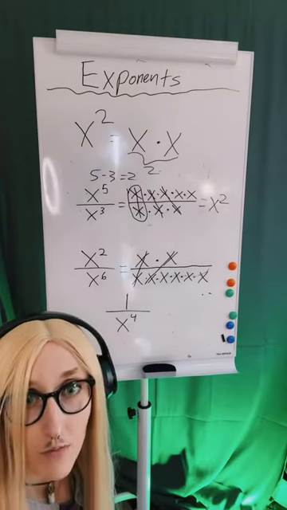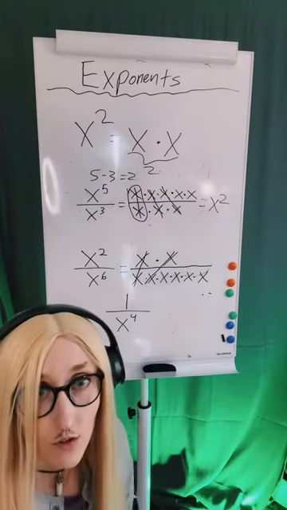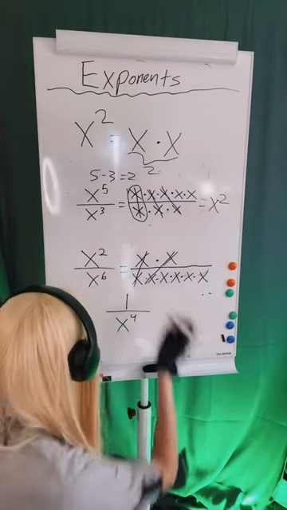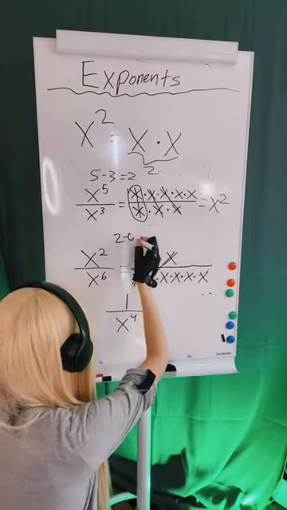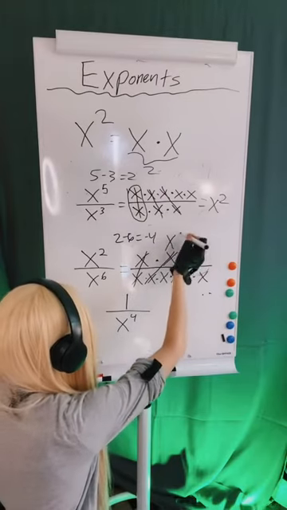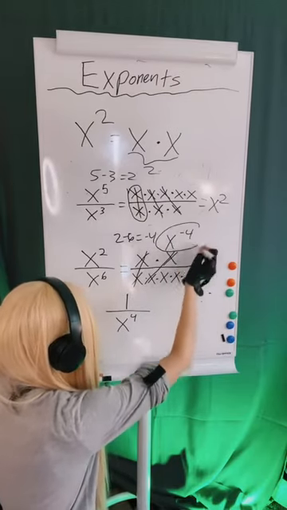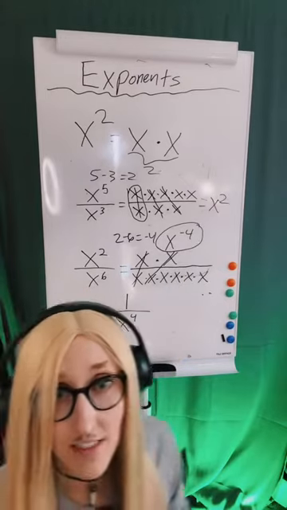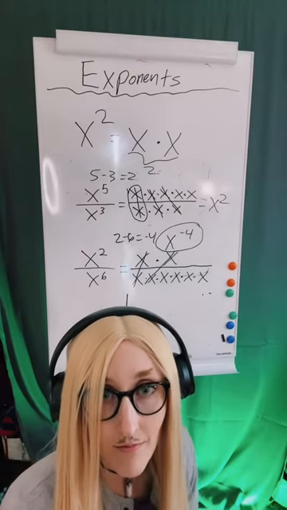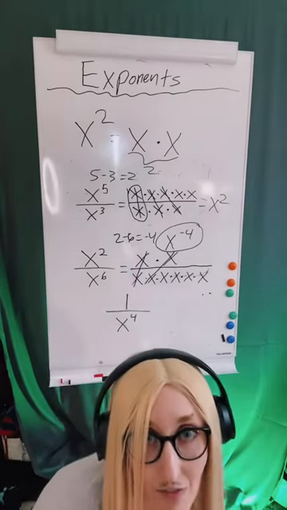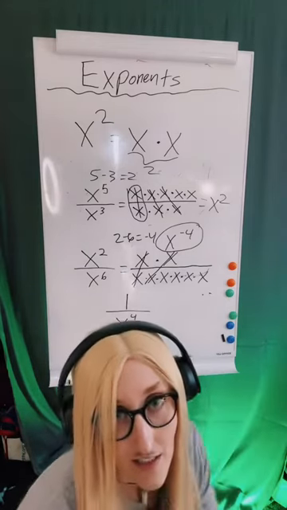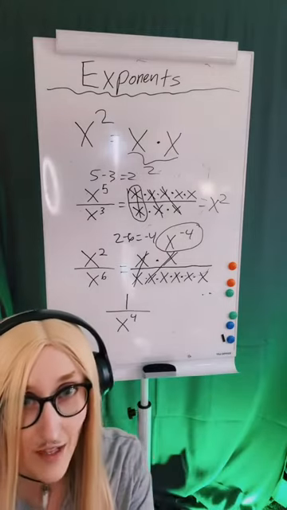Now some of you are saying, you do the subtraction rule, where I did 2 minus 6. And 2 minus 6 is negative 4. So clearly this must be x to the negative 4. What if I told you that they're the same answer? They're the same thing. But here's the thing. This is really weird. This is why I was saying let's get weird.